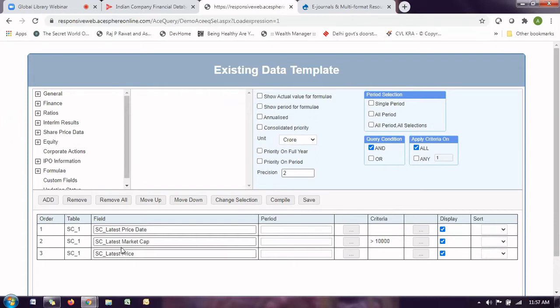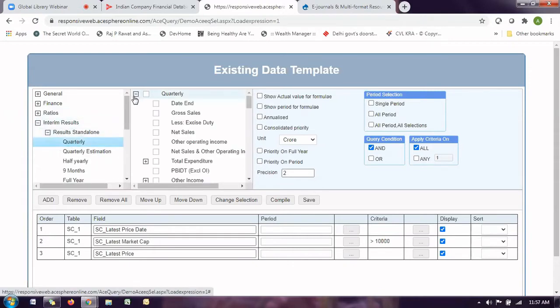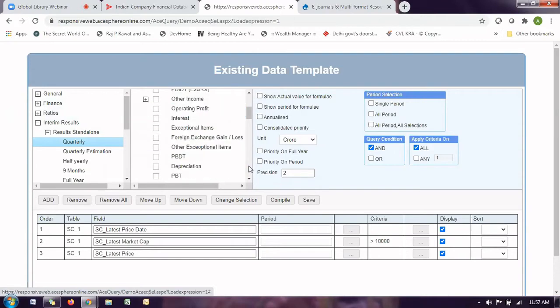So instead of first running this and coming back again, I can specify the quarterly results in the same window itself. I click on interim results, results standalone, and click on quarterly. Now I want the date end, net sales, total expenditure, and the PBT, and I add it.